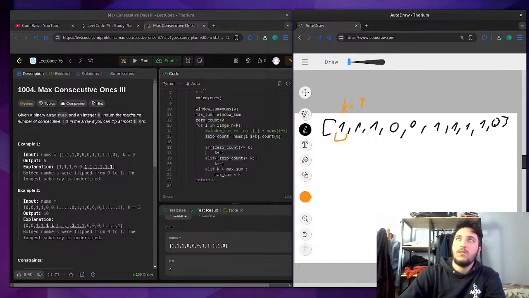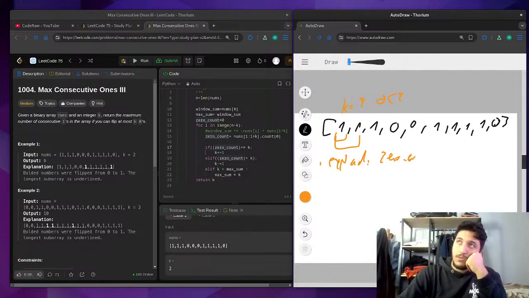If number of zeros is lower than 2, we're gonna expand it. So let's say expand, 0 count should be lower than k. And for shrink, so if we have, then we're gonna expand it, then we're gonna expand it, then we can expand it more, and here